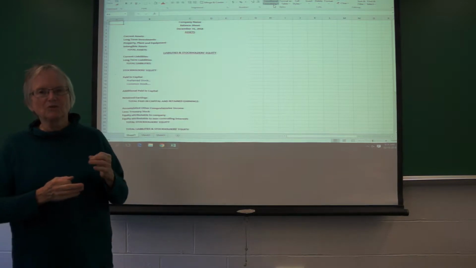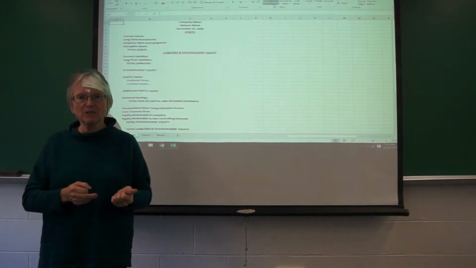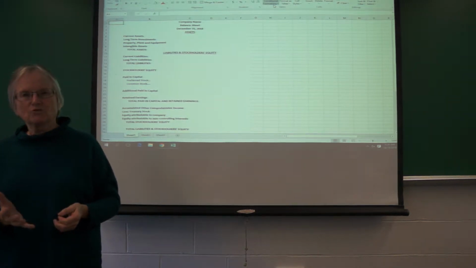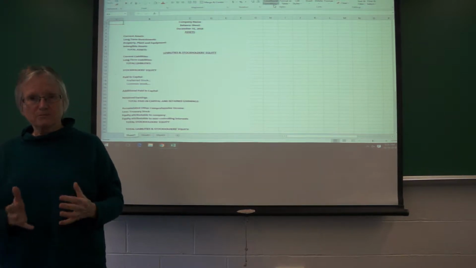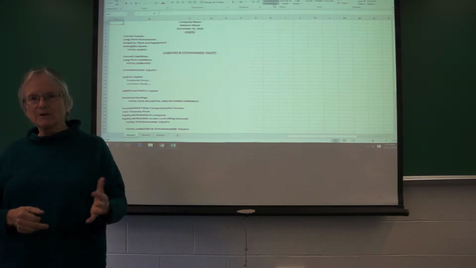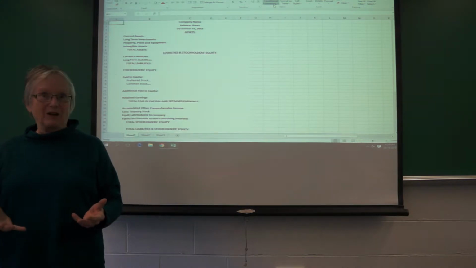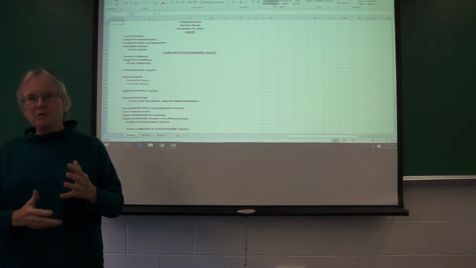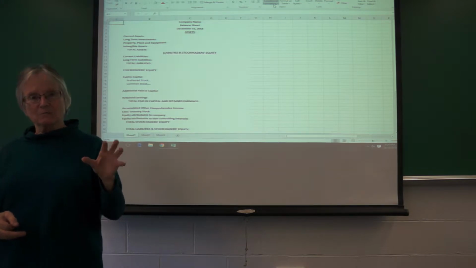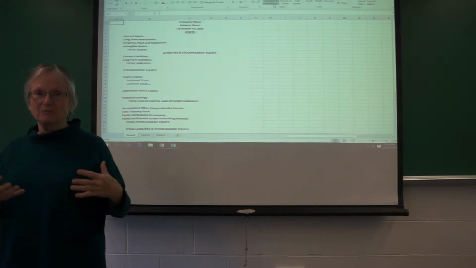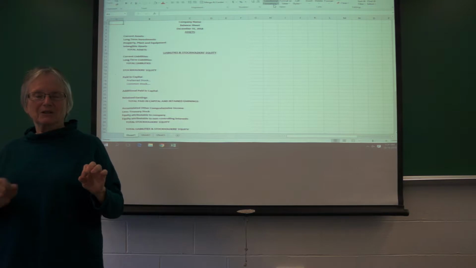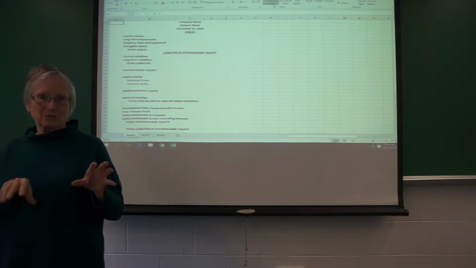And we can use it to look at liquidity. Can the company meet its current obligations? We can look at solvency. Can it survive in the long run? And financial flexibility. Does it have the resources available to either take advantage of opportunities that might come up or survive a downturn? In other words, what is the relationship between the assets and the liabilities? If the assets are more than the liabilities, then the company has some financial flexibility. If you're in a situation where the liabilities are greater than the assets or close to the amount of assets,